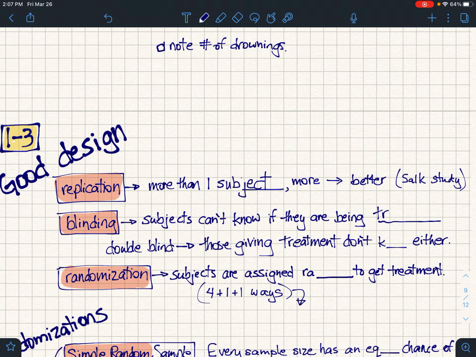Blinding. Subjects shouldn't know if they're being treated, right? Did they get the vaccine or not? They should not know that. Some experiments are run as double blinds, in which case, not only does the person